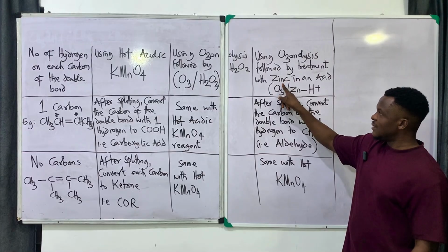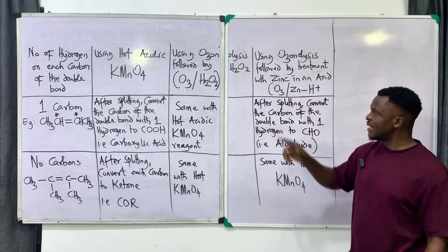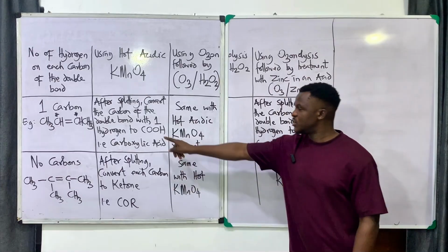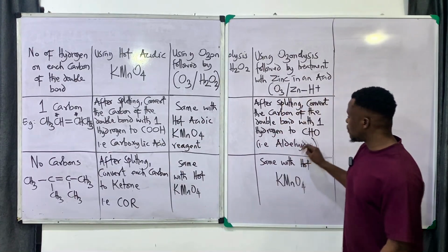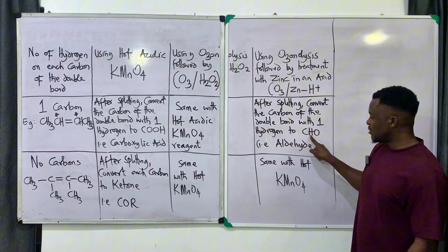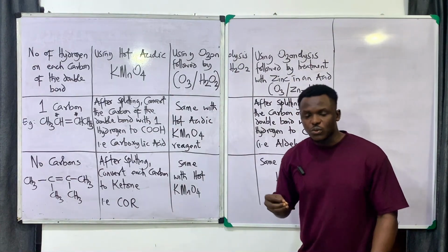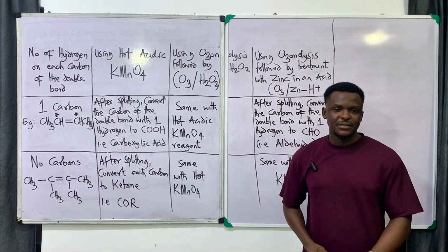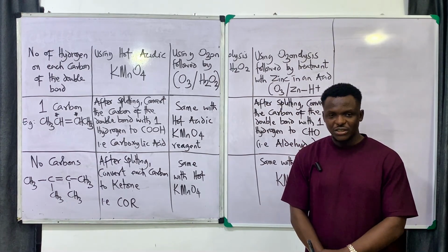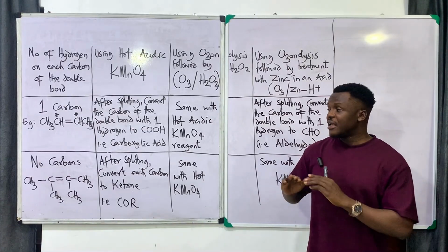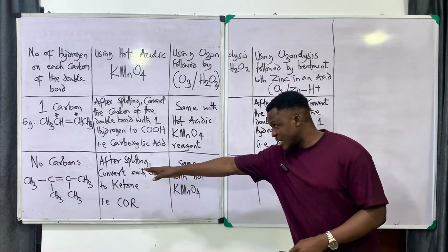Now, this zinc is a reducing agent. So zinc will not allow the process to complete to COOH. Zinc is going to stop it at the aldehyde stage. So take note that anywhere you see zinc, zinc will not allow it to get to carboxylic acid. Zinc will stop it at the aldehyde stage. That is only when the carbon has one hydrogen. If the carbon has no hydrogen, like as you can see here,